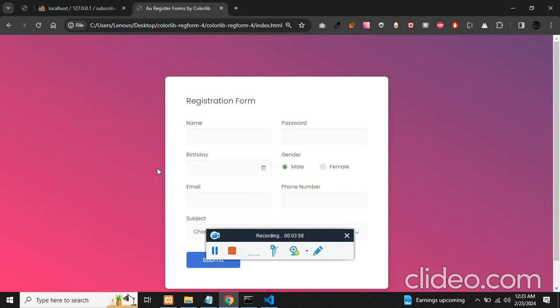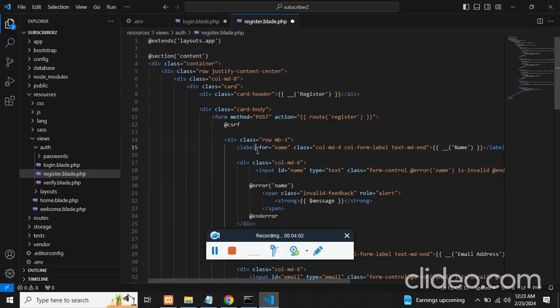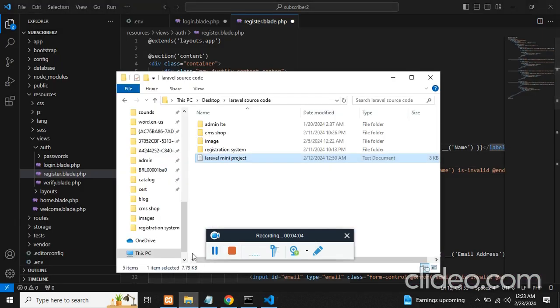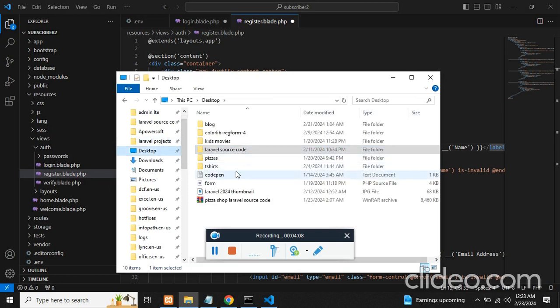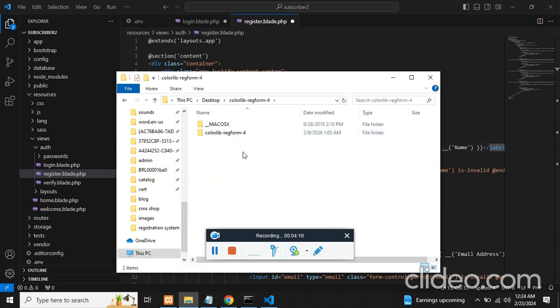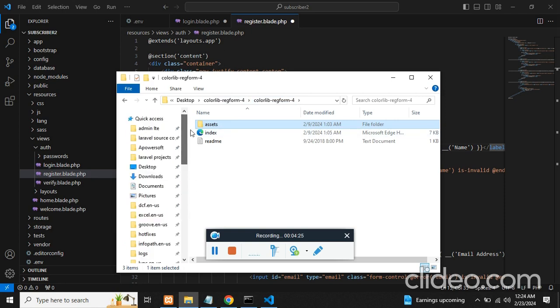To be fair and simple, let me just open this. Before opening it, on the desktop we have the color lib folder, and in the color lib you will get these assets. It has all the CSS, JS and vendor JS. The vendor folder again will have some useful CSS or JS. So let's just copy this and get into our